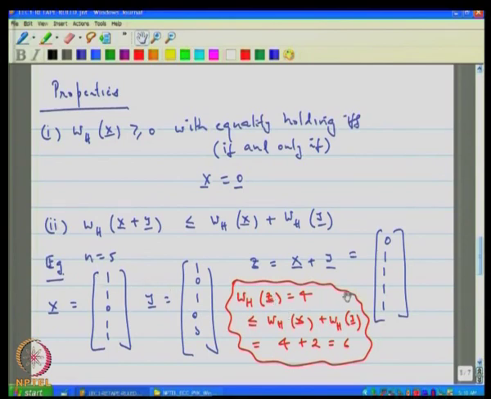And the reason for that is clear, because whenever you have two 1s facing each other in the same position and you carry out addition, then their sum is 0. So, in some sense you lose two 1s. So, the Hamming weight of the sum can never exceed the sum of the Hamming weights, but typically it will be less